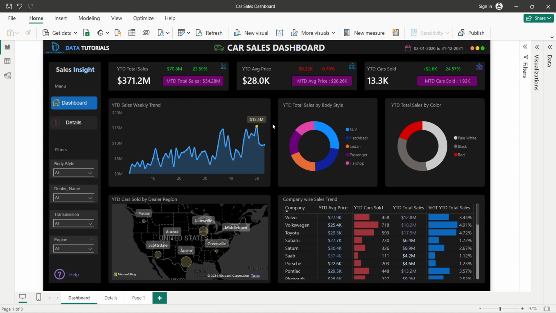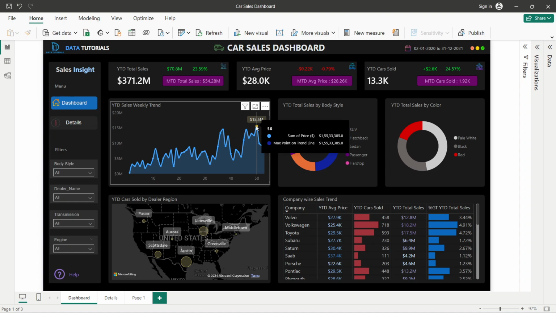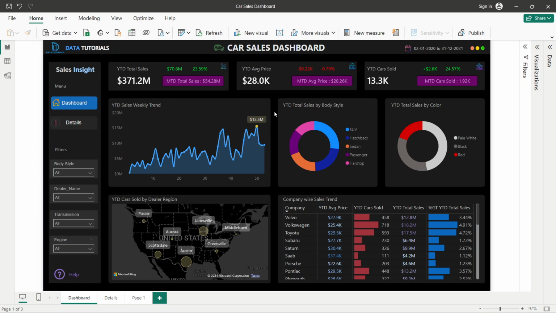If it is moving from this particular week, like it is in the 50th week, let's say in the next year it is the 52nd week, or we can say the 30th week, 31st week, it will be moving dynamically. All right, then we are showing here two pie charts which are giving us the information of year